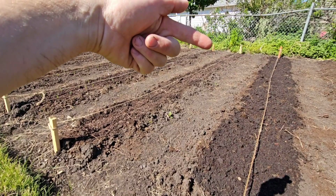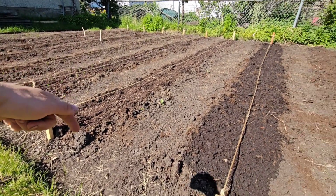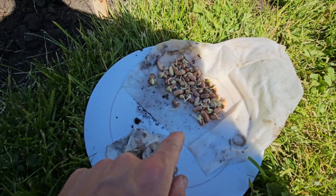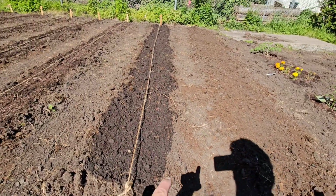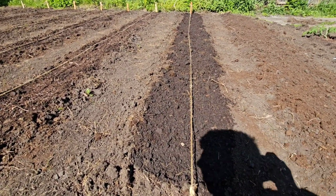Okay, we have the green beans and yellow beans in here. Just a few green beans at that end. Way less seeds in the packet of green. These are the purple beans, did not fit in that row. So they're gonna go either here or here. I haven't decided yet. But next, I'm gonna do